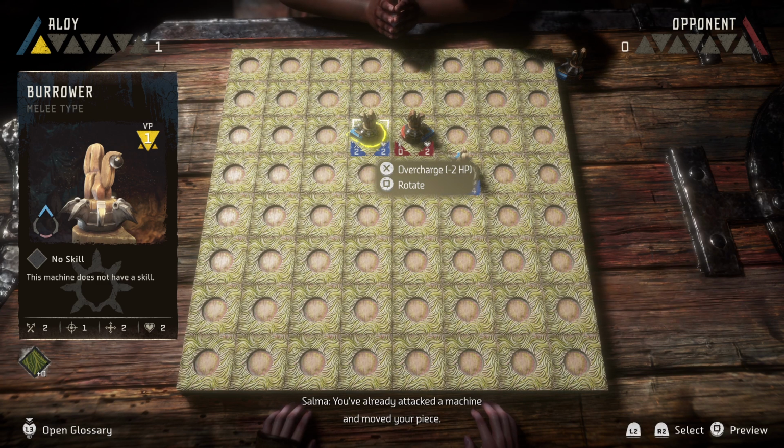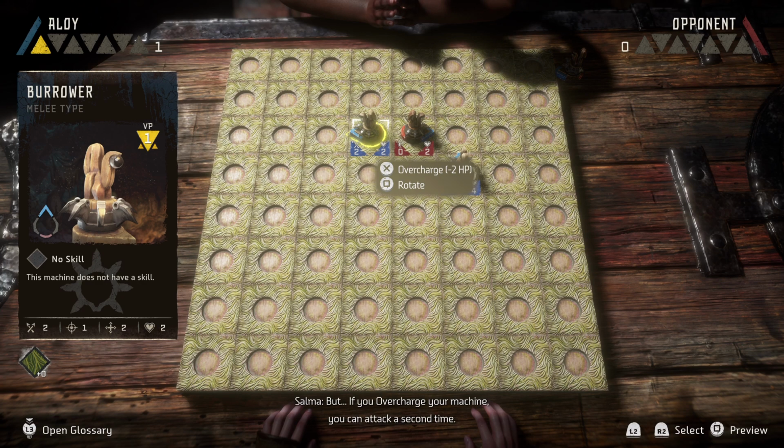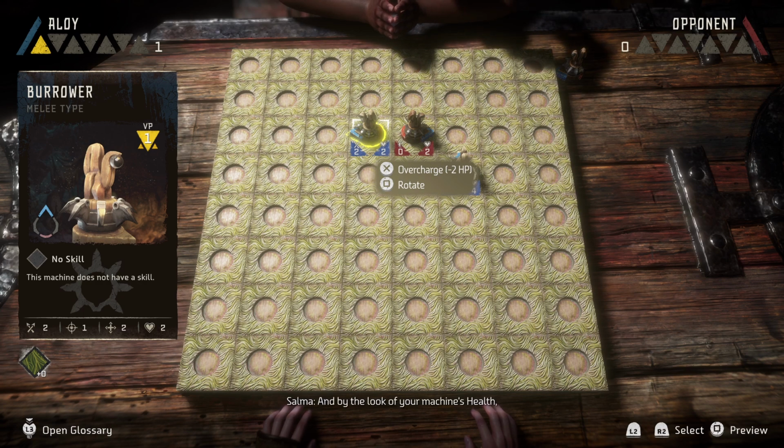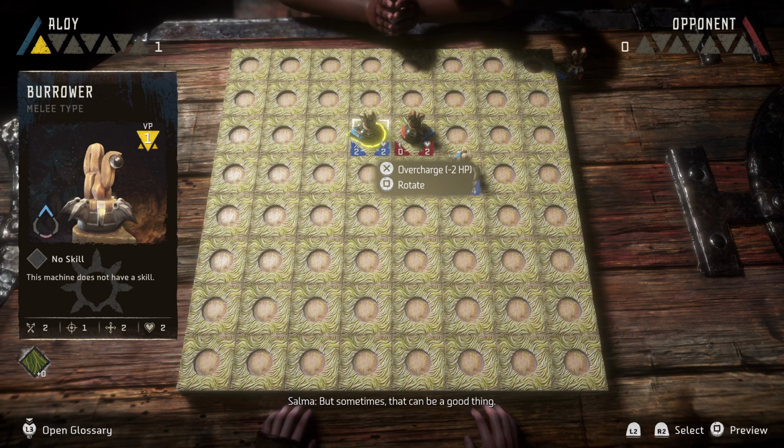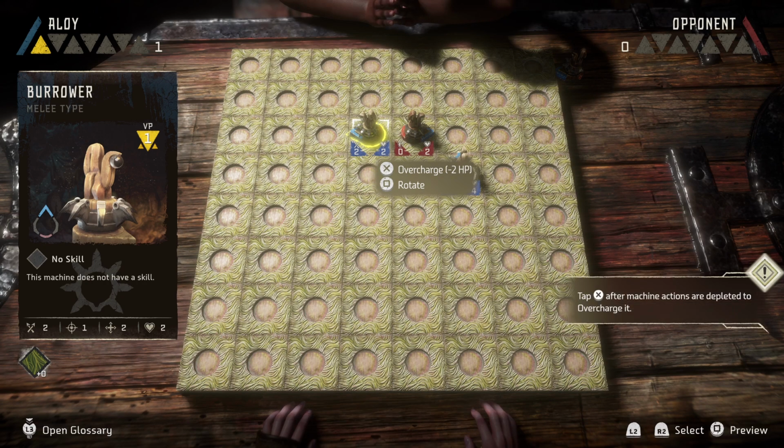You've already attacked a machine and moved your piece. But if you overcharge your machine, you can attack a second time. And by the look of your machine's health, you'd be sacrificing your piece to defeat mine. But sometimes, that can be a good thing. Overcharge your machine to attack my...